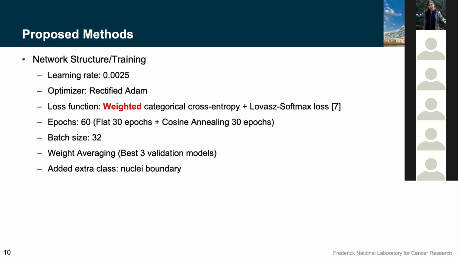And these are the hyperparameters that we utilized for training the network. A few things to note were the loss functions. In order to address the class imbalance, we utilized a weighted cross entropy function. And then we also utilized a robust softmax loss. This is a loss function that made the dice coefficient differentiable. So basically, you can think of this as a cross entropy plus the dice loss.